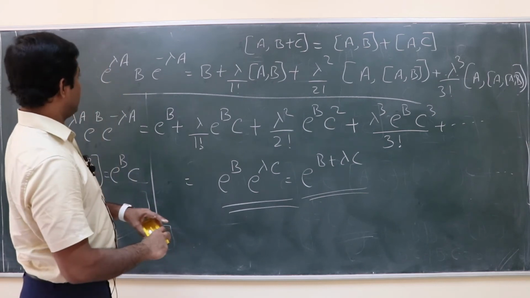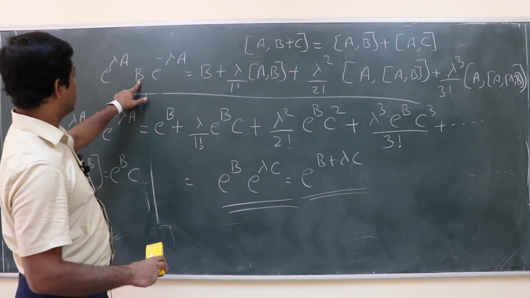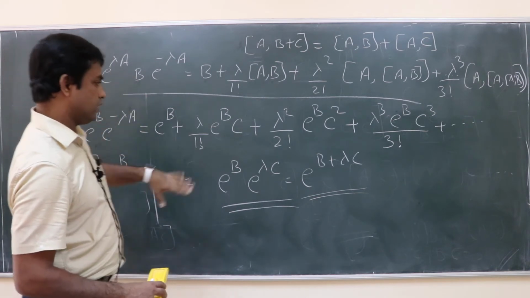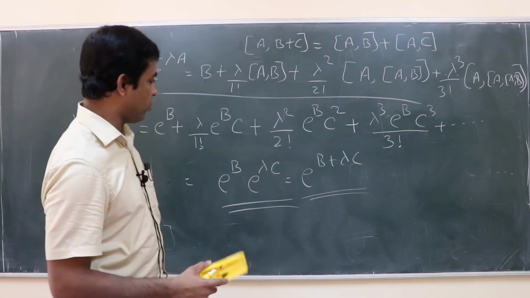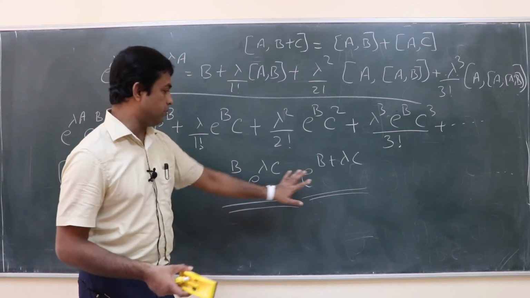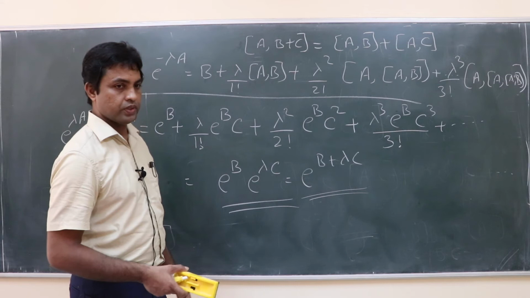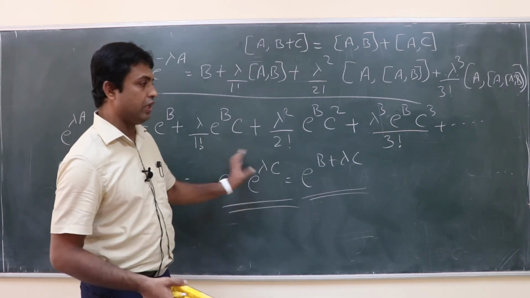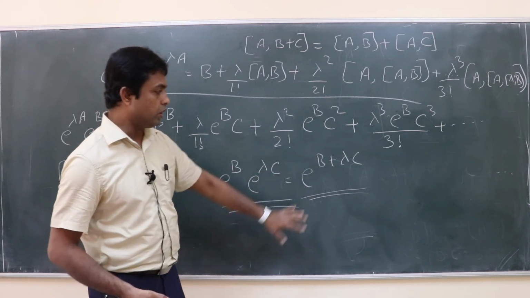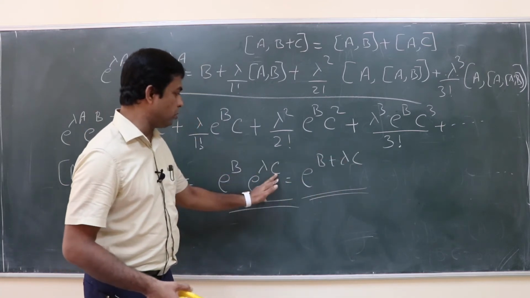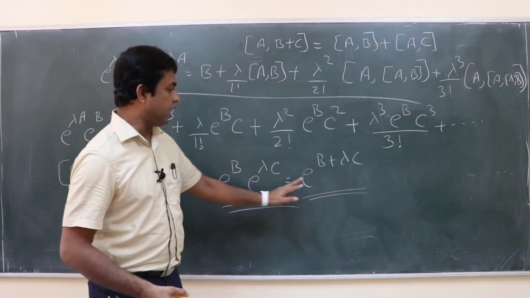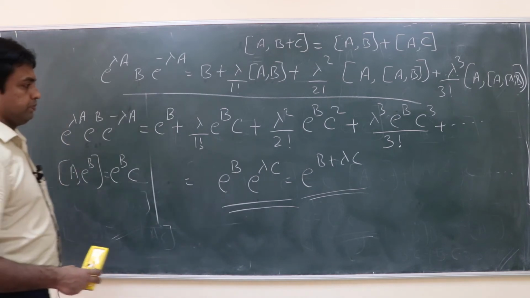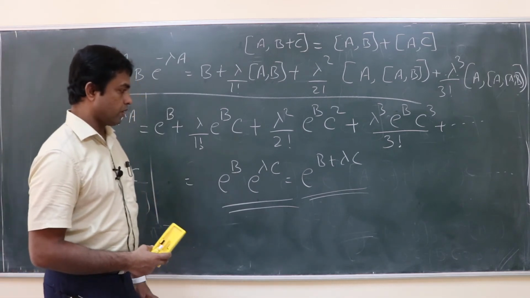So that is actually from this itself you can see. I have to talk about the Sassanus formula, but this one you can write because b and c commute. There is another formula I have to talk about, because e^a into e^b, if a and b don't commute, what is that equal to? That is not e^(a plus b). But b and c commute with each other. Because of that reason, I can write this as equal to e^(b plus lambda c). Any question on this now?